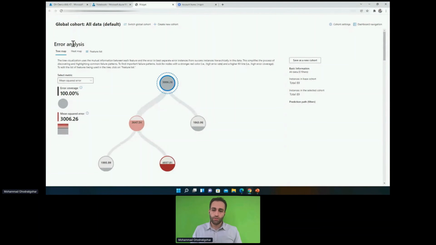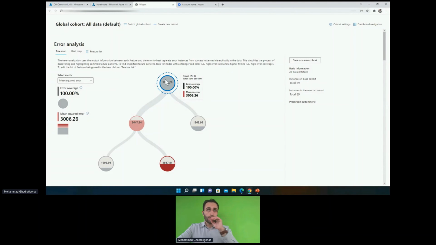And this is not the true value that we're looking for. So is there any way that I can detect at least the root of why those errors are happening, and something that can give me some insights into what specific conditions I have a higher chance of getting errors, based on the test data set, for example, I provided? This is actually a toolkit that can support you with that.